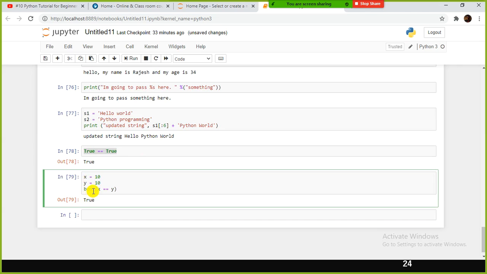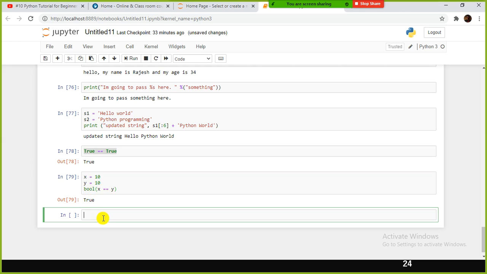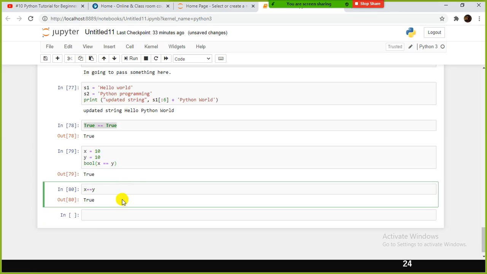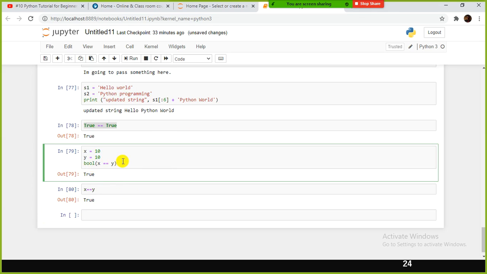This one will return True or False. Which one? The bool function or bool method. So what will be the output without bool? Yeah, you can give this one also, right? A double equal. Without that also you are supposed to get True only. But you can use the bool function to return some value, right?